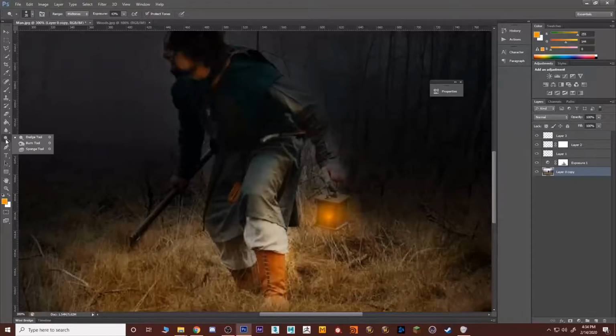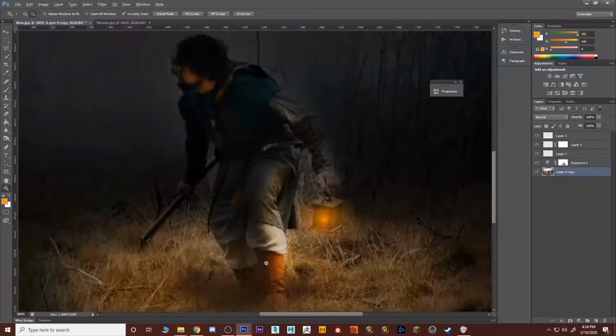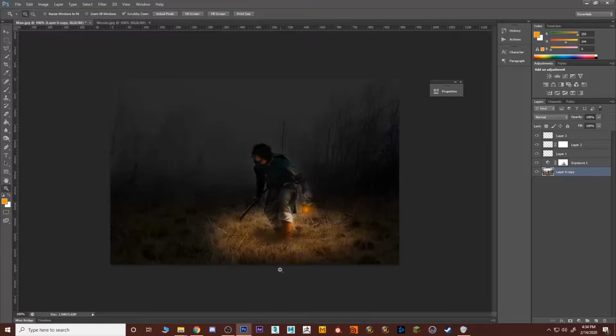Now I can use the shadow tool, which is the burn tool right here. Lower it down, reduce the exposure. I don't want it to be that strong. And I'm going to add a little bit more shadows in certain areas, just to highlight this area right here, the closest to the lantern. A little bit more on the floor, just to be able to give him that little shadow. Much better. Alright, so this was just a very quick tutorial on how to use these certain blend modes and